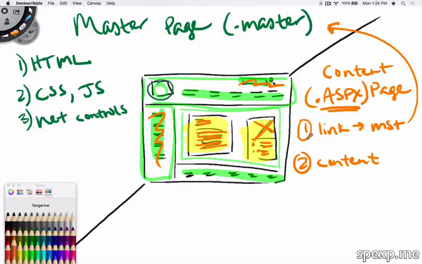So we've got supporting files like CSS and JavaScript files that are either bringing in style and functionality. We've got the master page, which is doing HTML, .NET controls. Here is the core layout of my site. And we've got the content page that's bringing in the actual content. It's going to link to the master page. And it can also come in and